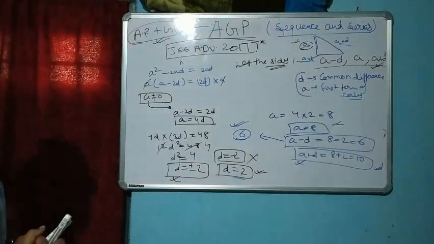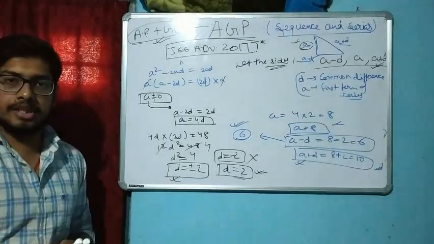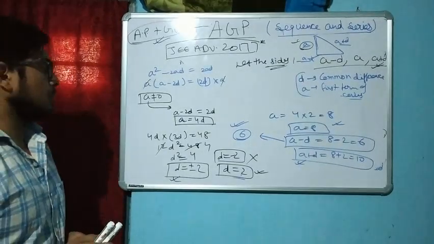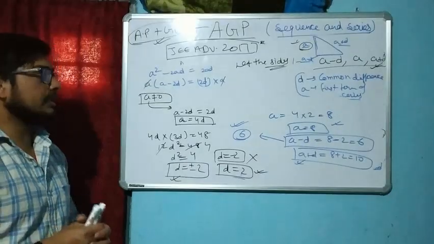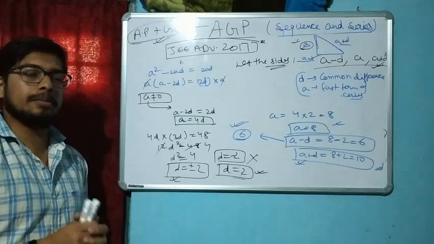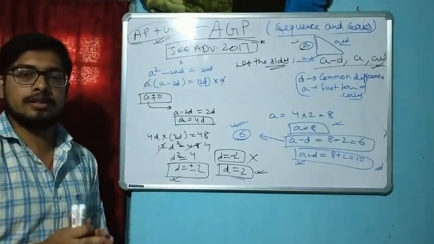So in this video I have explained the concept of AGP and a simple example of an arithmetic progression. I will discuss similar types of concepts in the next video. Till then, keep practicing problems and let me know if you have any doubt related to this concept in the comment section. Thank you so much.